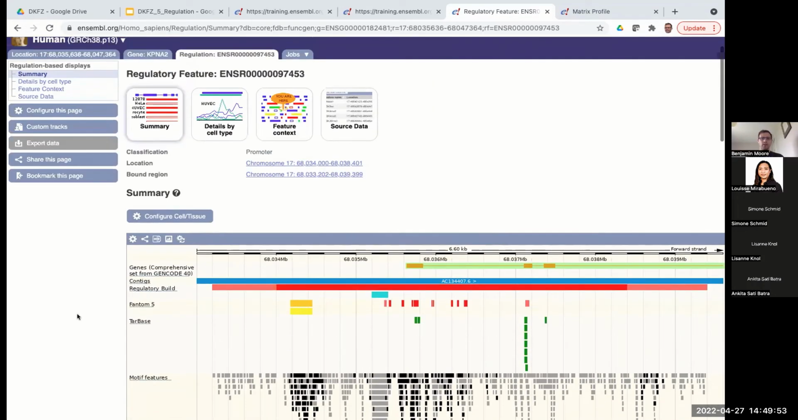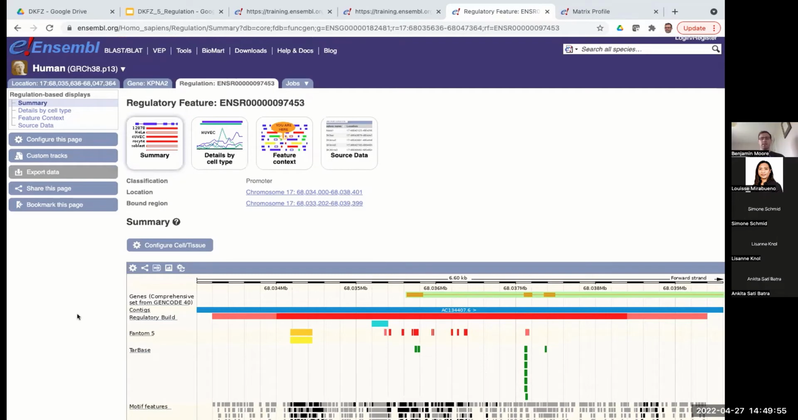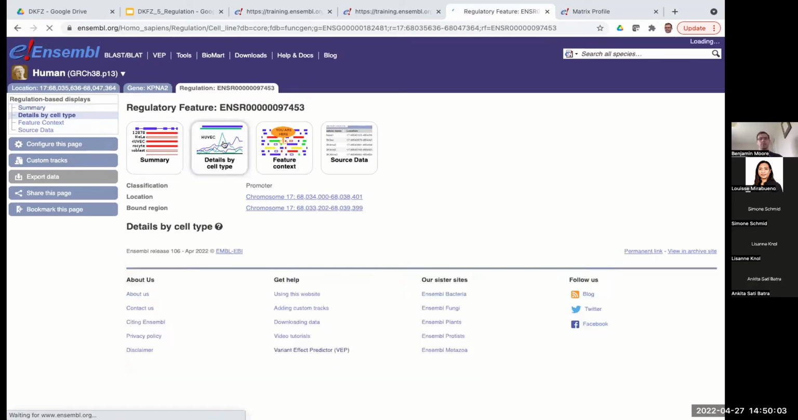The final thing I want to show you is how we can look in more detail at the cell types of interest. So if you go to the top and click on details by cell type at the very top,